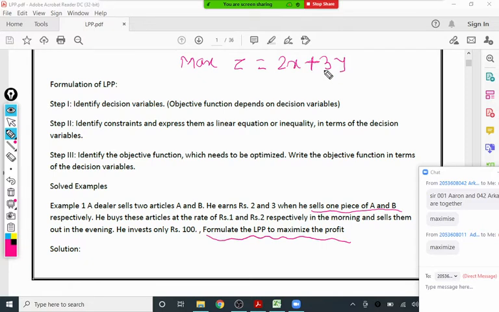But in a real life situation, definitely this is not possible, because there will always be some conditions. First of all, an infinite number of items is not available, and it may not be possible to sell them either. So these are the conditions in real life. Right now, what is the constraint, the condition on X and Y, the decision variables, that you can observe in the question? I'll write it: subject to.